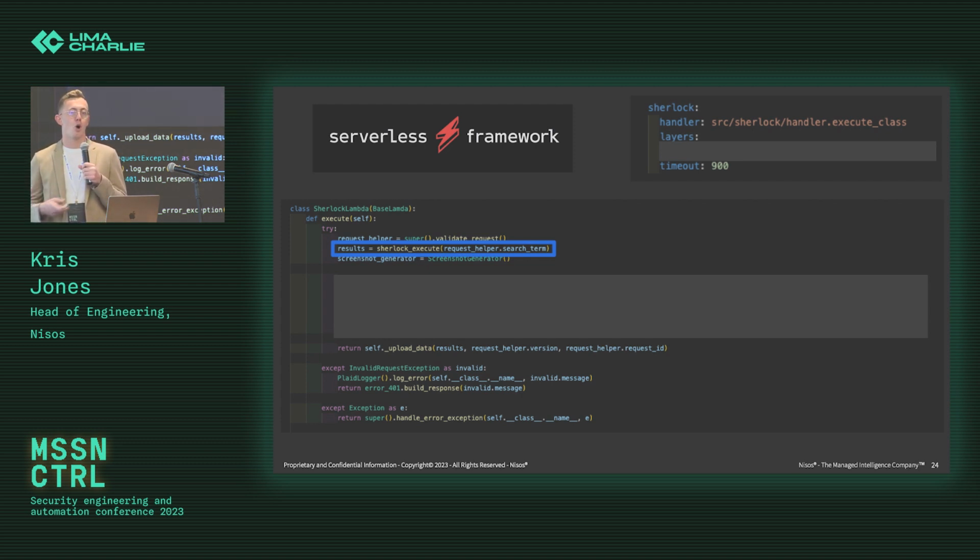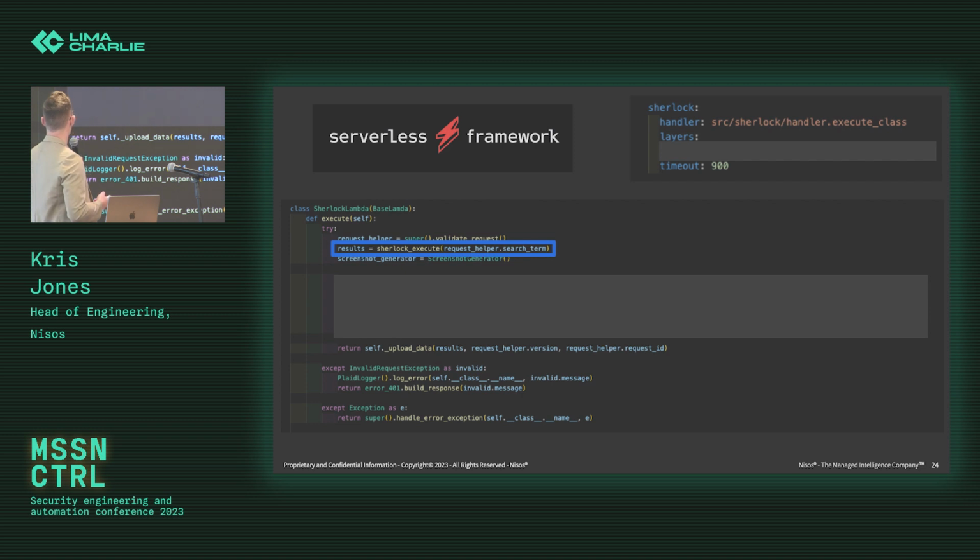So you can have more complex config. What we have is pretty simple. When deployed, it will take the handler file, which is what you see here, and deploy that to AWS and create that Lambda function for you. As you can see here, we have a 15-minute timeout on that, just because Sherlock can be slow, and you can tailor that accordingly. But for this amount of code, this is how we were able to implement the Sherlock project through a REQUEST API endpoint.